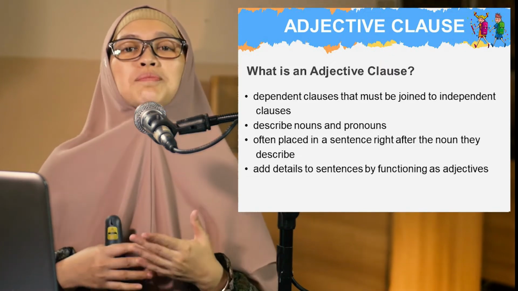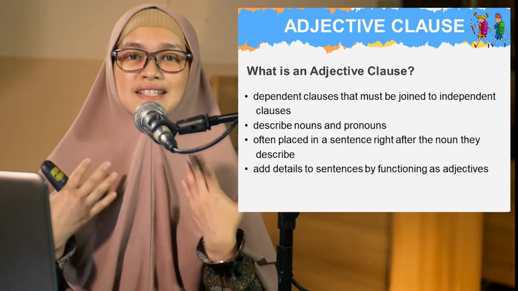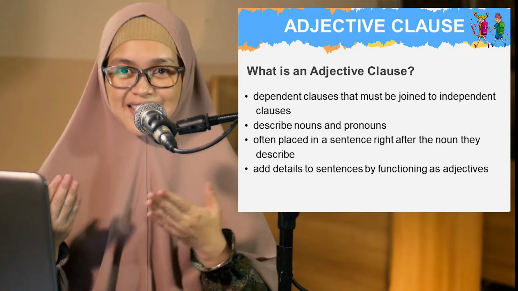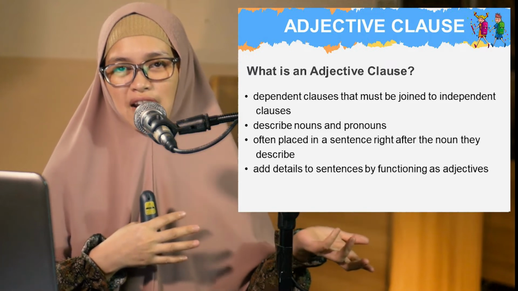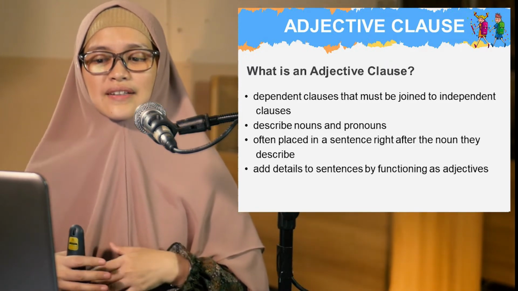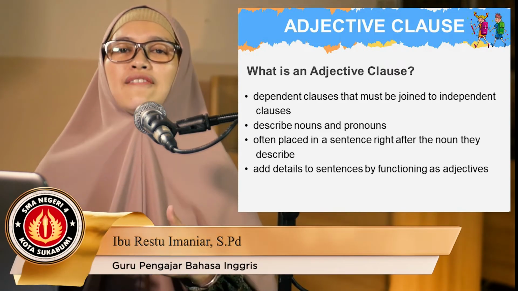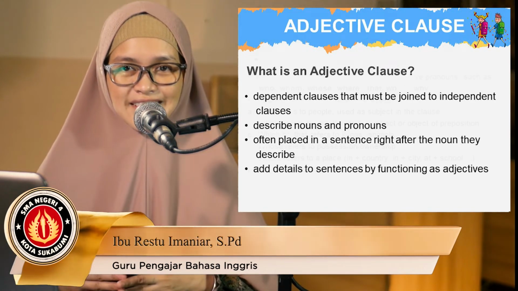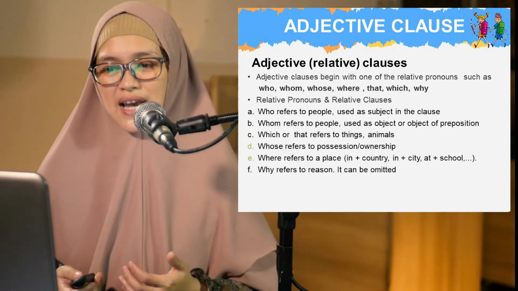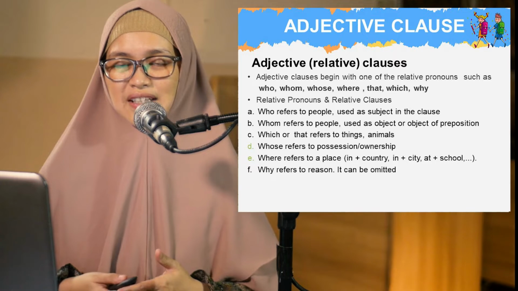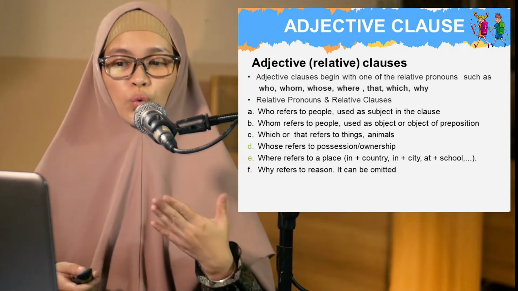And then it is often placed in a sentence right after the noun it describes. Okay, what he said, or the examples we have already seen. And the last function is adding details to sentences by functioning as adjectives. Okay, go on. The adjective clause has relative pronouns, or the first word we mentioned earlier. Who refers to people,